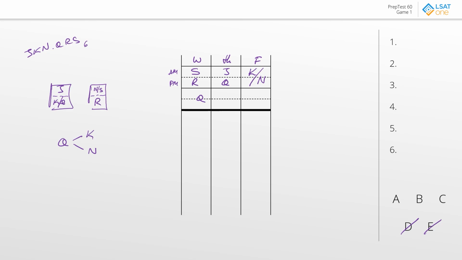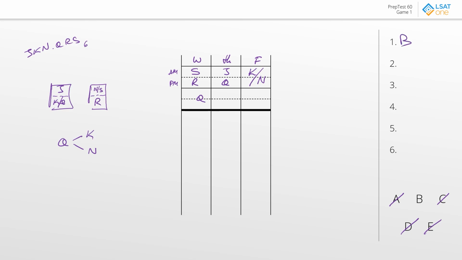Next, Q has to go before both K and N. Let's see if anything violates that. Answer choice A, Q is after K, which is not cool. We can get rid of answer choice A. Answer choice B, Q is before both. That's legit. Answer choice C, Q is with N on the same day, and the rule was specifically on an earlier day. So answer choice C wouldn't work, and that leaves us with B as the best answer to question